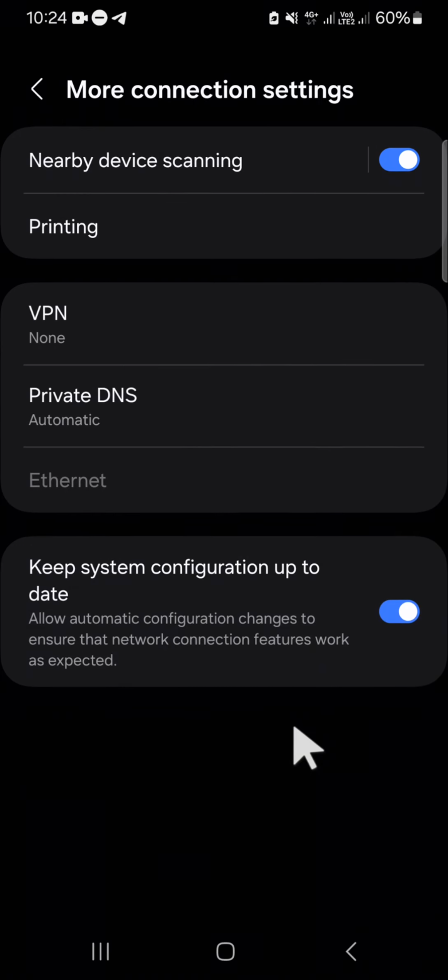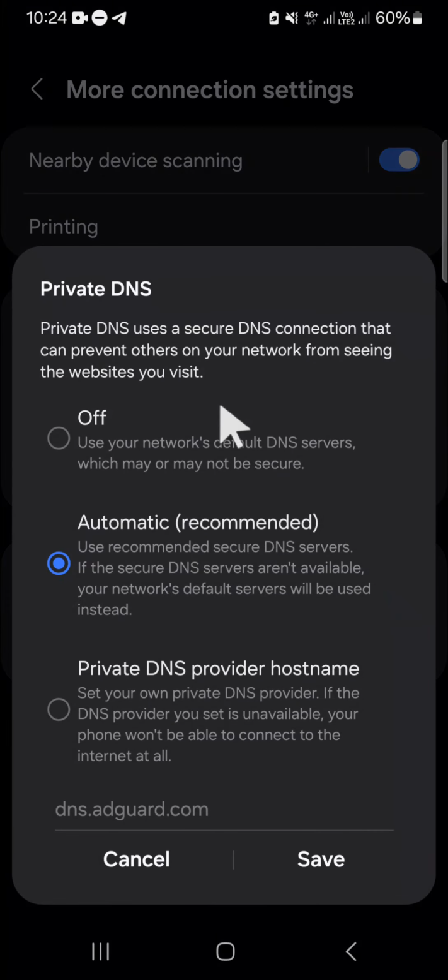Click on it. And here we have some options, and you have to select the private DNS. And in this private DNS, as you can see, we have off, automatic, and private DNS provider host name. And if you want to block ads on your Android phone, you have to select this one, this private DNS provider host name, and make sure that you input this